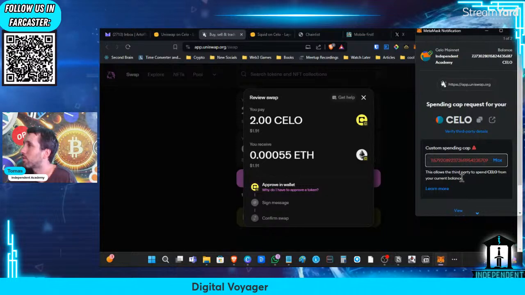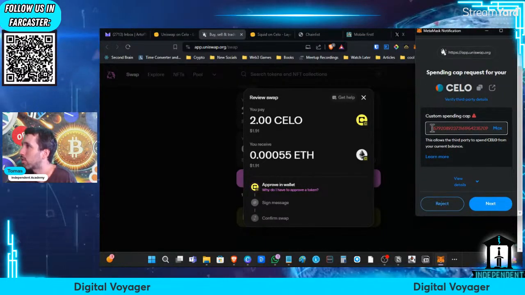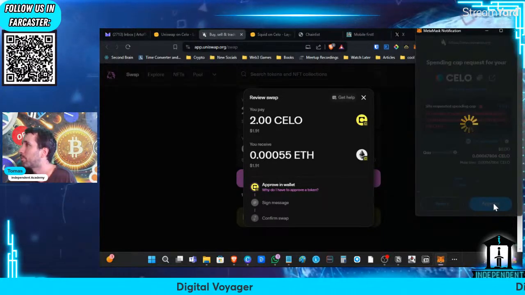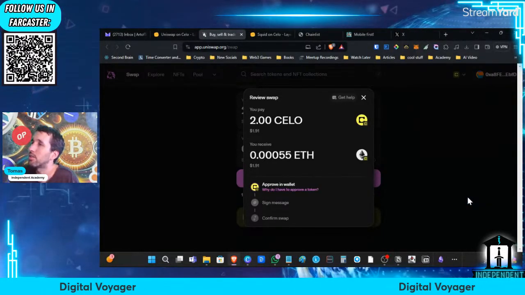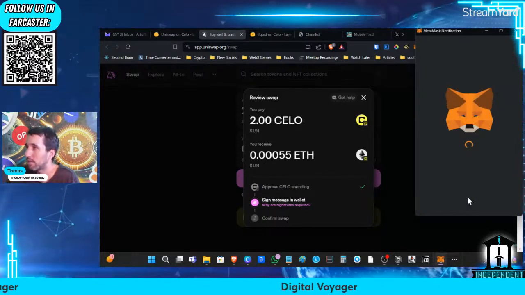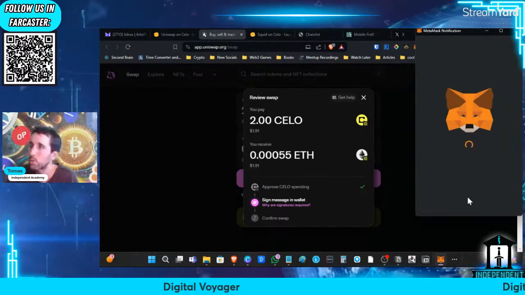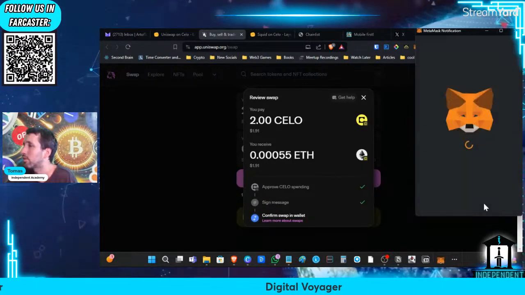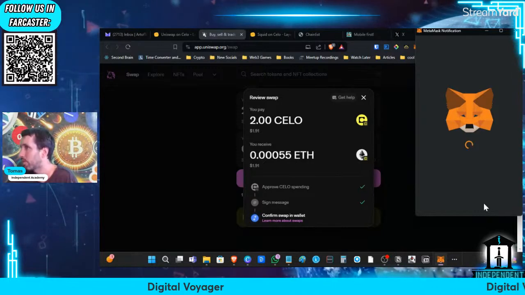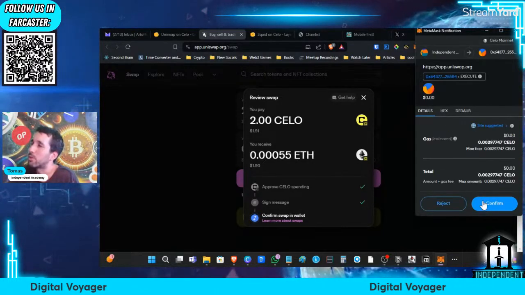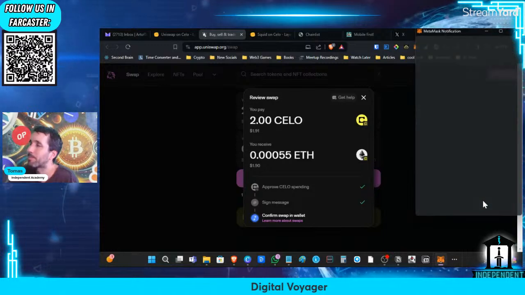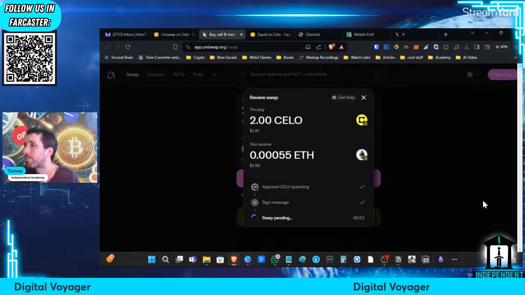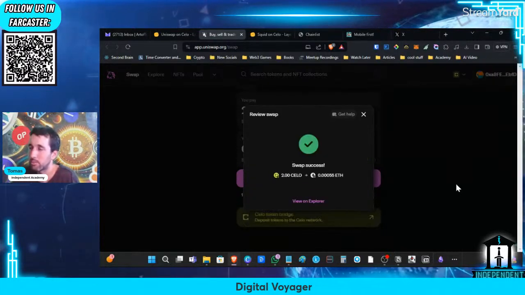So we're going to do this. We're going to get prompted on our wallet. We're going to set up the spending cap. We're going to approve it. And now once we set the spending cap and we approved the token swap, we can do the final signature, and then the swap will be executed. And we sign, and now we have to confirm. So the approval of the tokens, you only need to do it the first time that you are actually executing the trade with those tokens. So it's not something that I have to do every time.